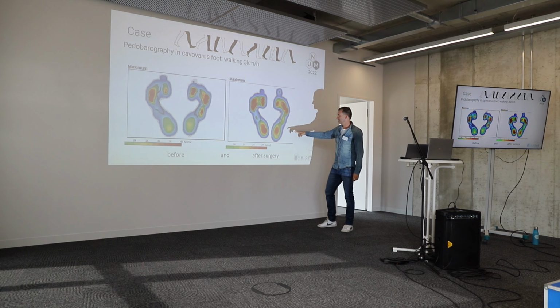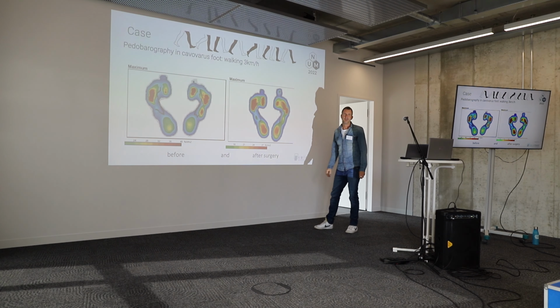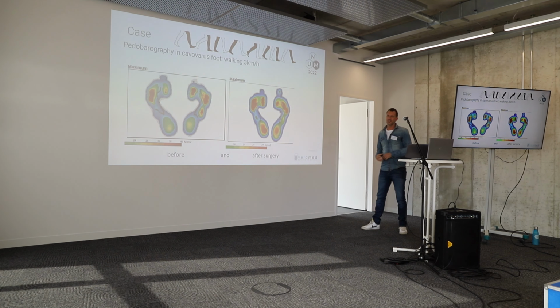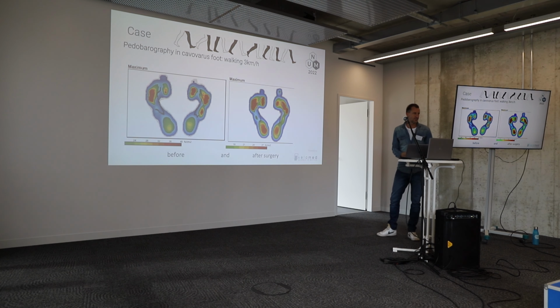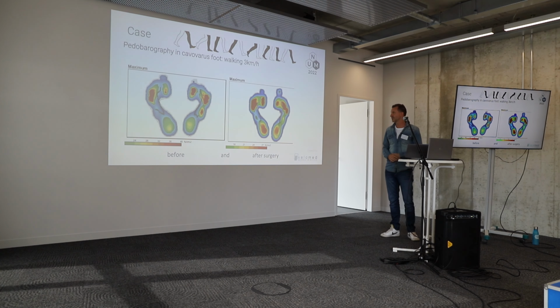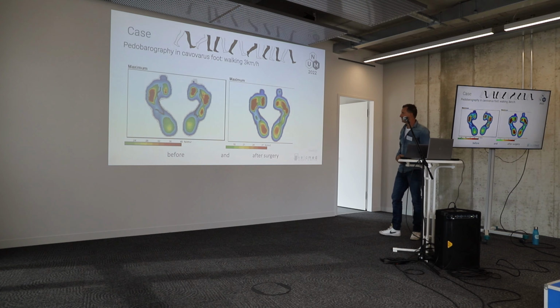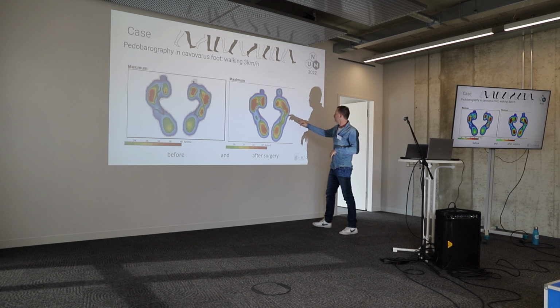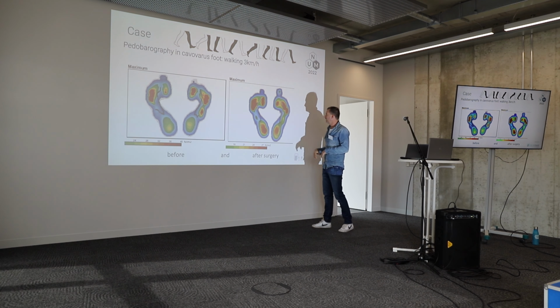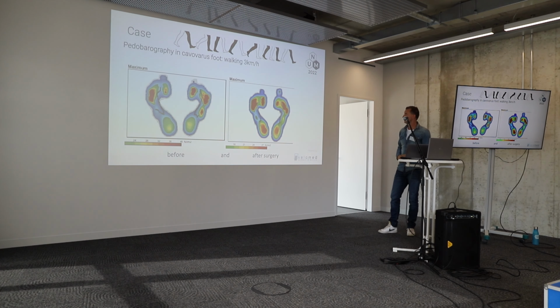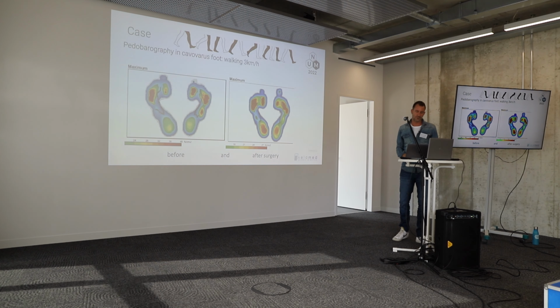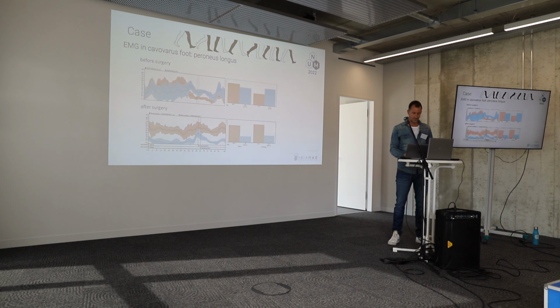And what is very, very interesting, we also see it on the left side. So that is a phenomenon you can see pretty often in these cases, that the non-operated side shows a kind of adaptation to what we did on the right side in the operation. You see a better and a more general distribution of the forefoot here in contrast to the left side. And what you can also see is that we have a pressure at the area of the great toe.